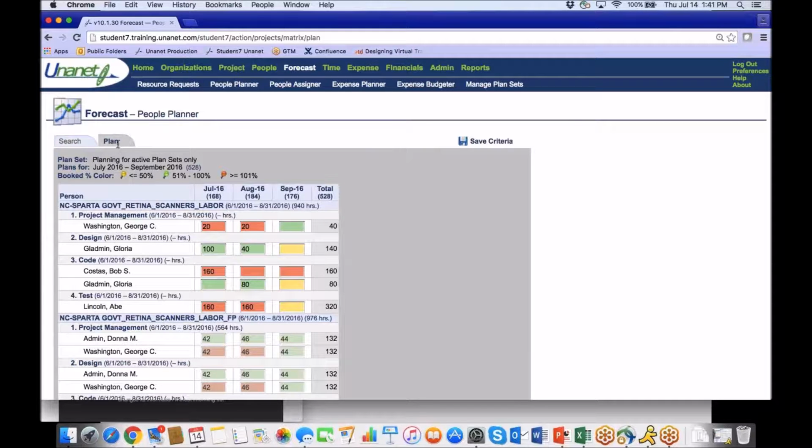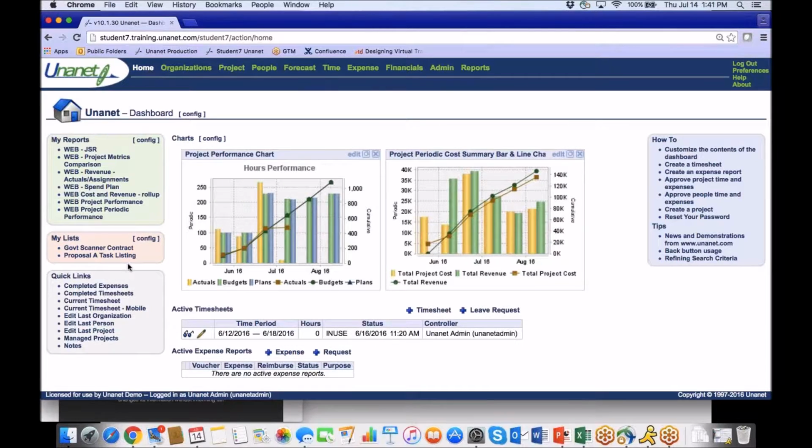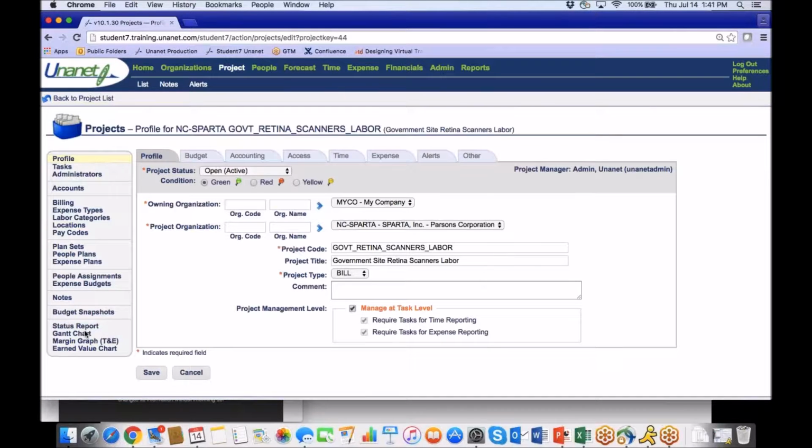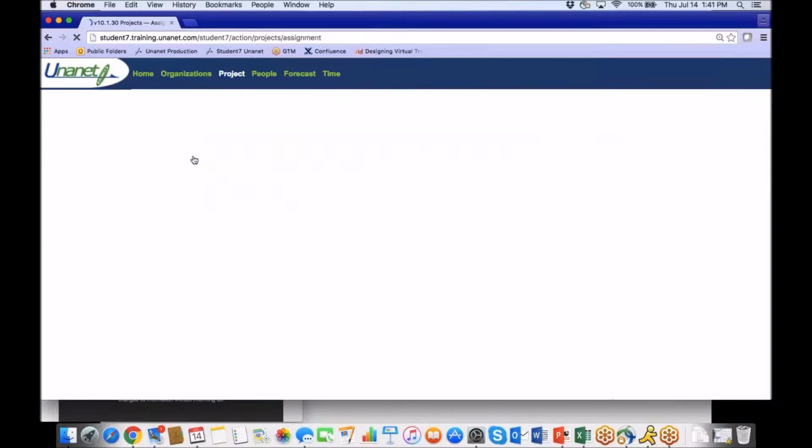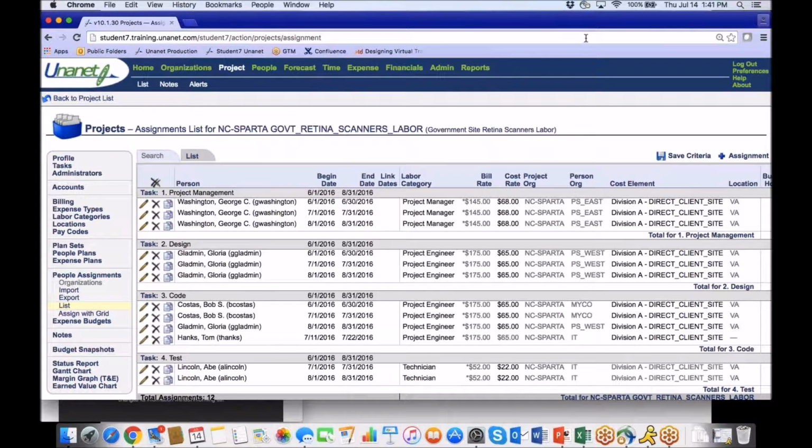Okay, so I wanted to show the plans, and I use these plans to promote them to the assignments. So if I go back to my project here, an easy way to get back to your last project you were looking at is under the quick links here. There's a little tip here that says edit last project. I go right back to my labor project again, whatever that last project is, just in case you didn't know that one. And I'll look at my people assignments and just list those to see,